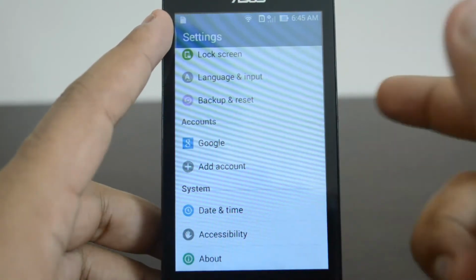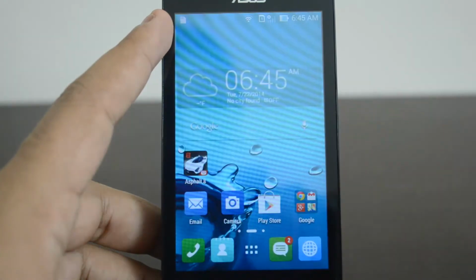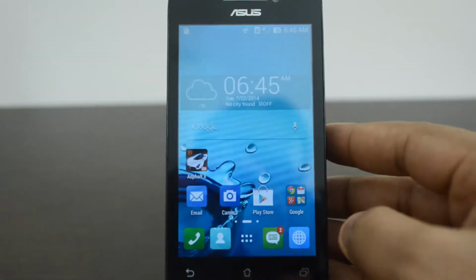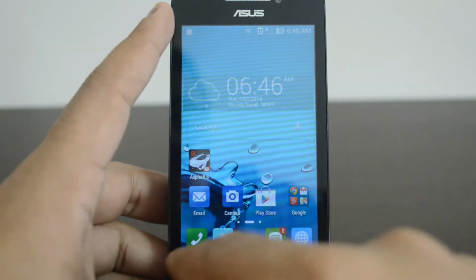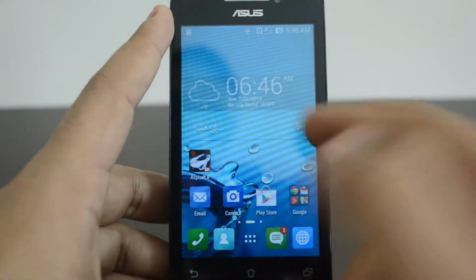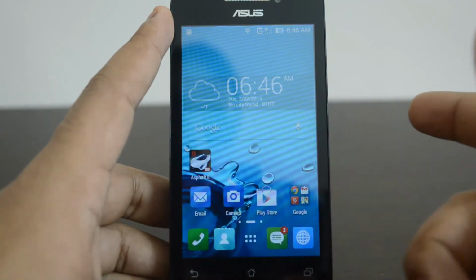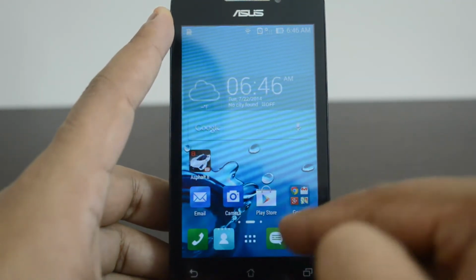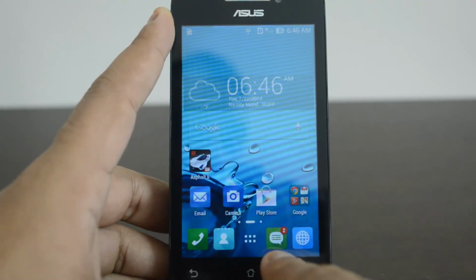Then all the normal set of options available. So this is the settings. Now let's go to the home screen. So this is the home screen of the Zen UI. You have the normal set of icons. So you have the widget support, the Google search, and then the normal options like call, then contacts, all apps,